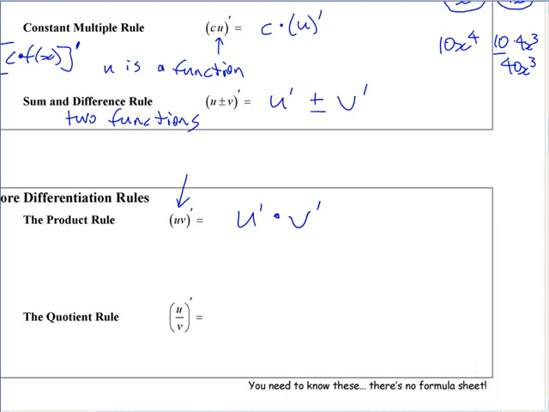U prime times V prime? Would I have it in a separate box if it was like that? Of course not. Not that. Okay, actually we should have left that there. It's not U prime times V prime. Not that. It is U prime times V, times just the function itself, plus